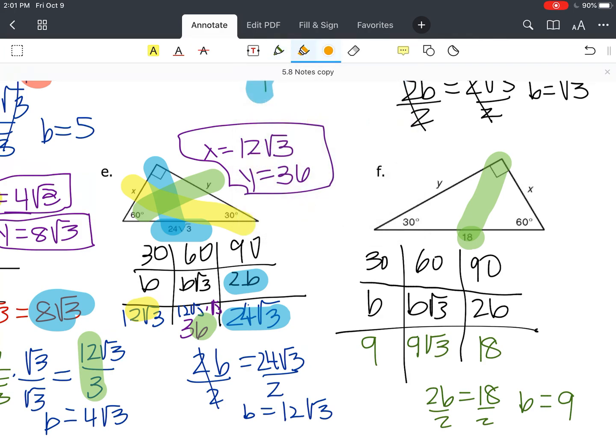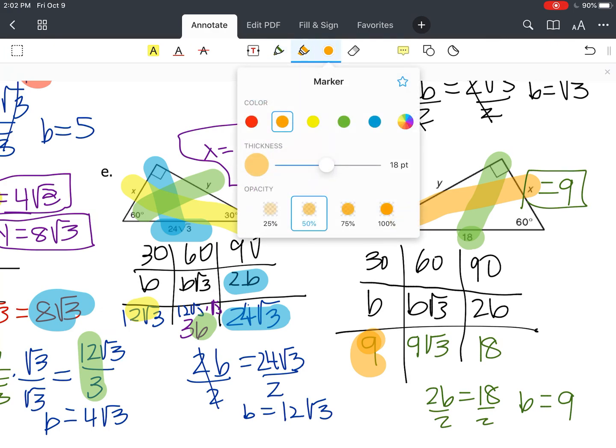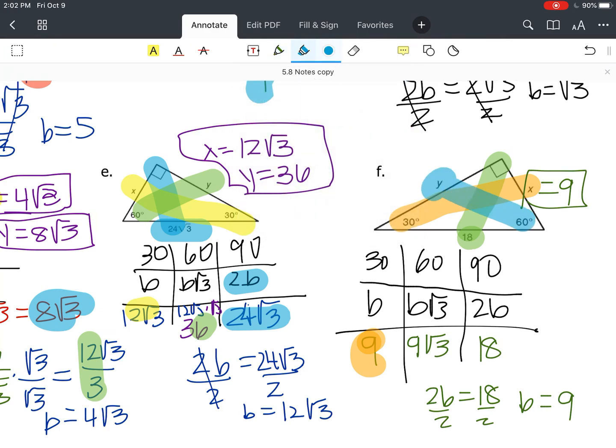Well, that chart was easy to fill out this time, not too much tricky arithmetic or algebra. Now I'm just going to answer the question. X is opposite 30, which is 9. So I'm going to let X equal 9. Y is opposite 60, so here's 60. So Y is going to